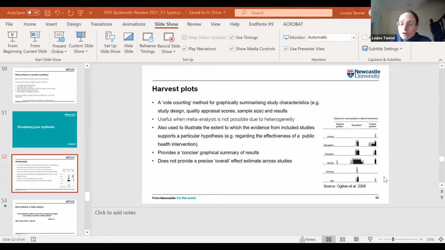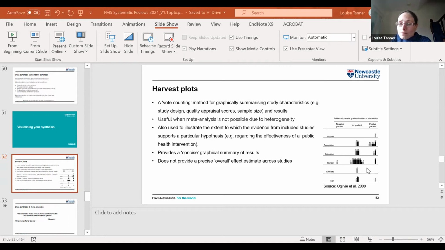Each bar on this plot represents a study, and different characteristics of the bar can represent different characteristics of the study. For example, the height of the bars can represent the sample size. The numbers, I think, represent the quality of the study from the quality appraisal assessments.